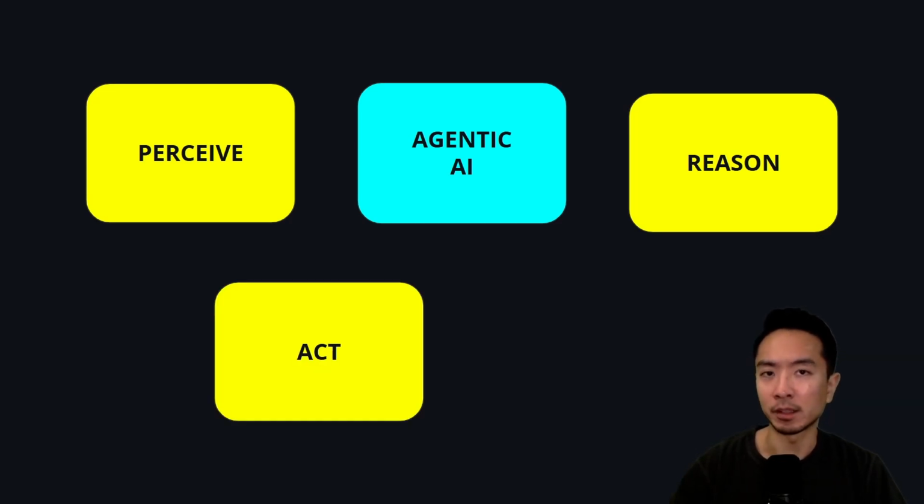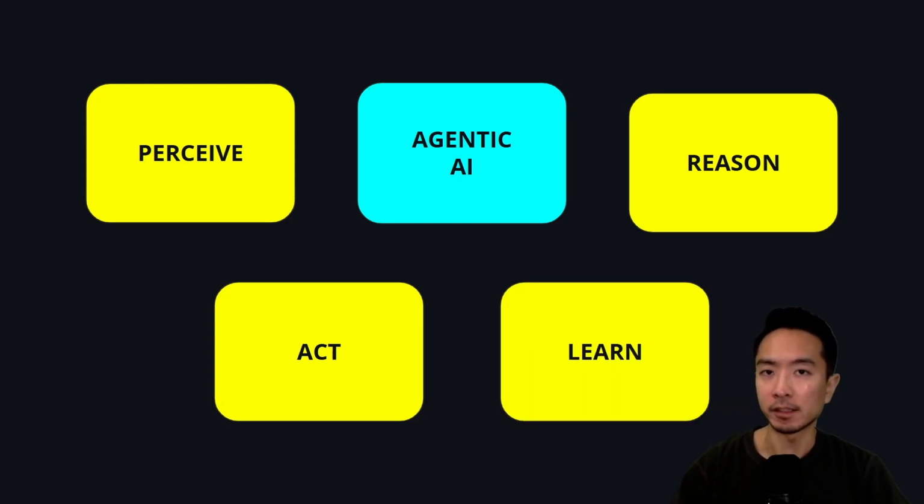We also have the act portion. This is a part where your model could interact with different external software applications. So for example, if you have some customer service application and you wanted to interact with a bank account and another external account, you could have different apps that tie in everything together. So you could have a main central AI that you talk to, and it works with different things to make things happen. And the last part of agentic AI is the learning portion.